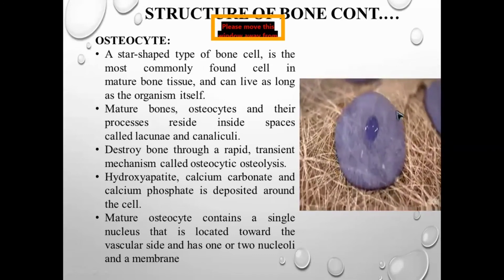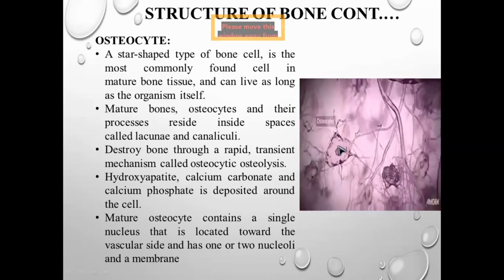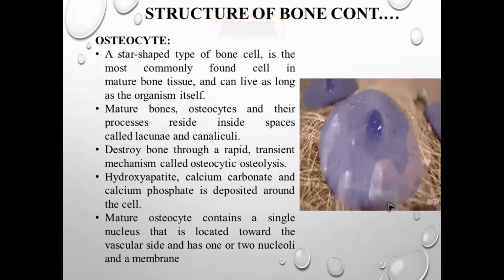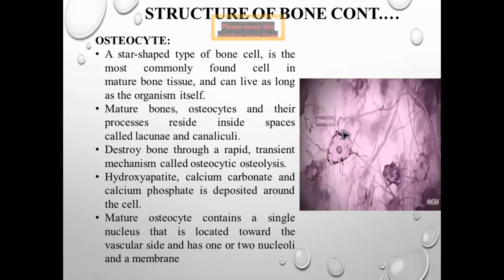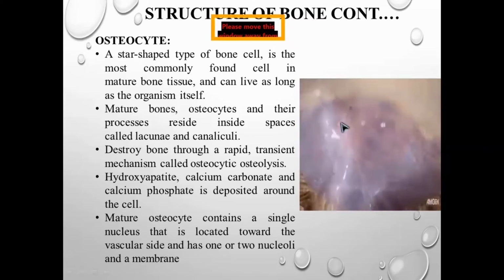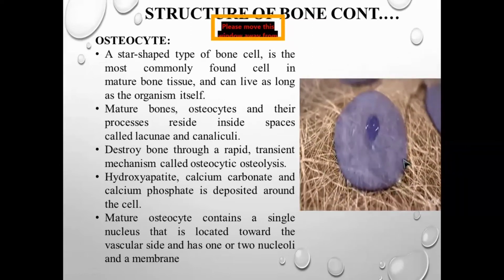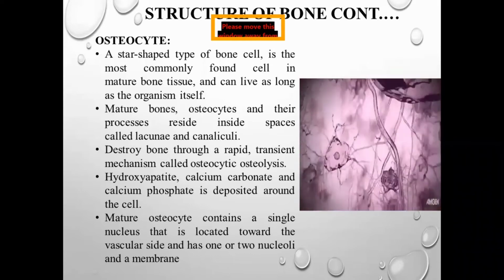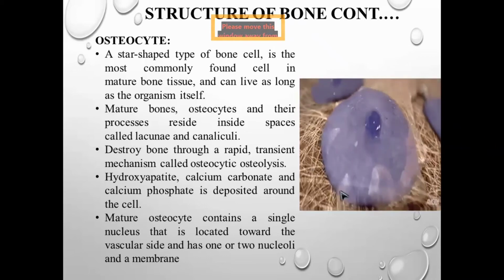Right. This is our osteoblast, which gets buried in the tissue itself and forms star-shaped cells called osteocytes. You can see that. See these many star-shaped cells called osteocytes. This is the osteoblast which gets buried to form osteocytes. These osteocyte cells stay alive inside the bone itself as long as the organism lives. Okay, so at any time they can be converted into osteoblasts, and again can synthesize the bone, the minerals